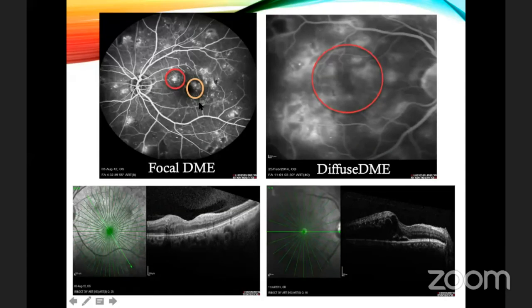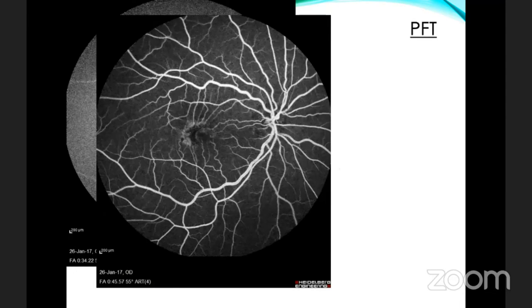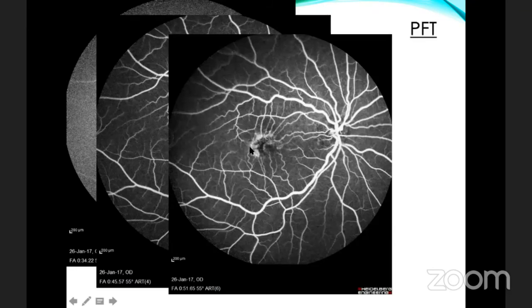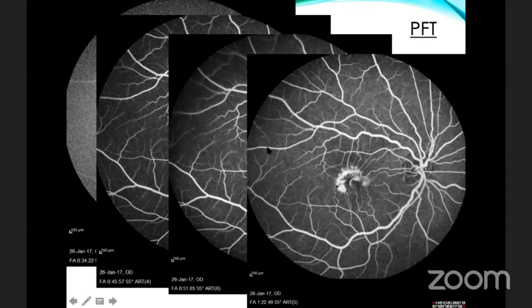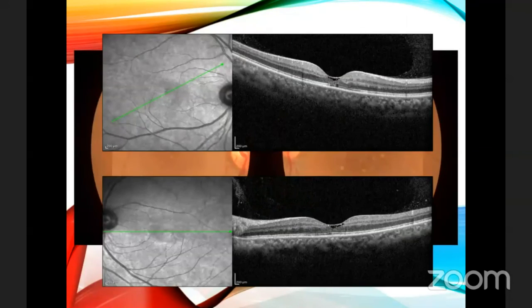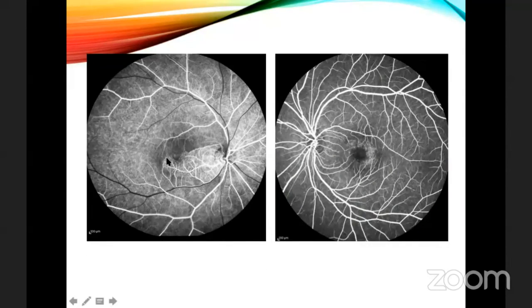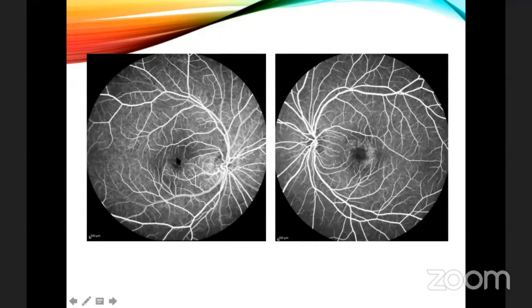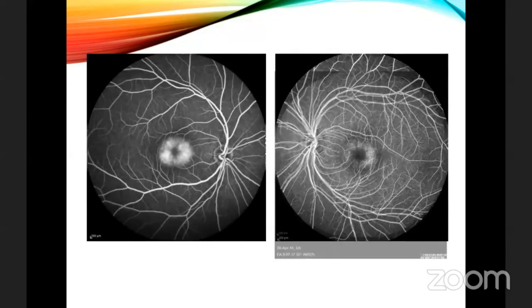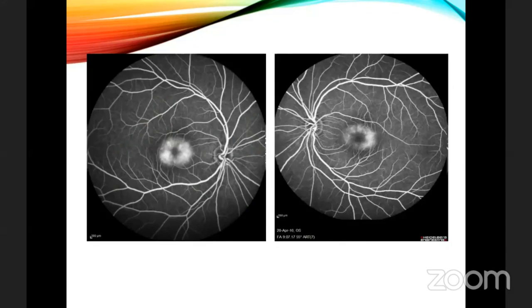Another place where it is important to note is macular edema, because in focal DME we can do focal lasers to seal off the leaking points, whereas in diffuse DME we can go in for a modified grid laser. So this is a case of PFT, where the telangiectatic vessels have straddled the horizontal raphe, and the leakage is increasing over time. So this is a classic ILM drape sign, and we can see in the early stages the fluorescence is increasing, and we can see the telangiectatic vessels and the increasing leakage over time.